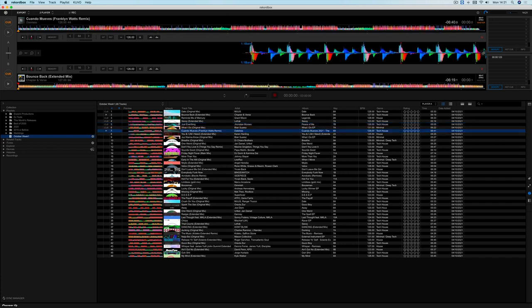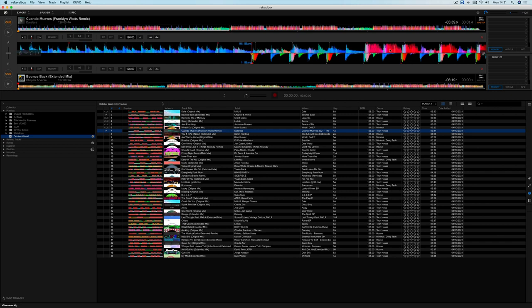So I'm just going to do this for the rest of it. And again, you can see here, I've just clicked on this next one. Rekordbox has messed this one up again, and this is a really, really obvious one. This would be a major mess up if you didn't do this beforehand. So if we zoom in